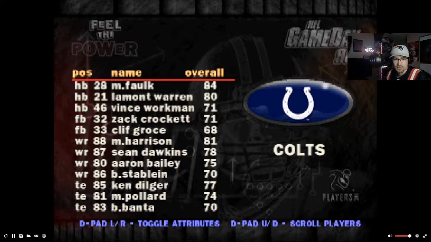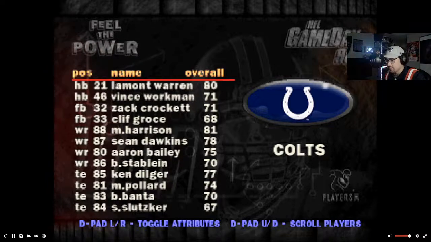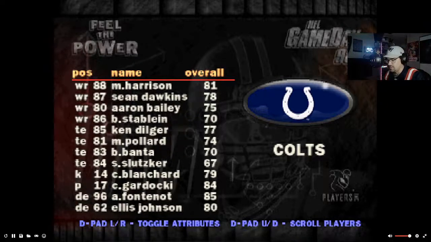Marvin Harrison is a Hall of Fame wide receiver, but he was so young at this point. This might have been his rookie year, or maybe his second year in the league total. Obviously Peyton Manning comes along and they become easily one of the best quarterback wide receiver combos in the league. Who else was on this team?